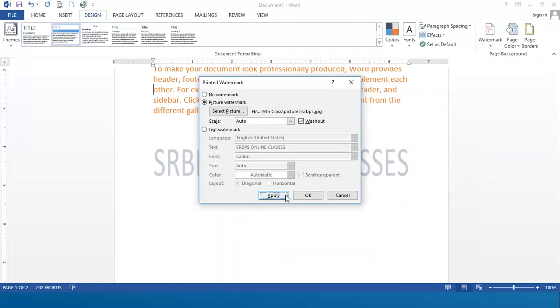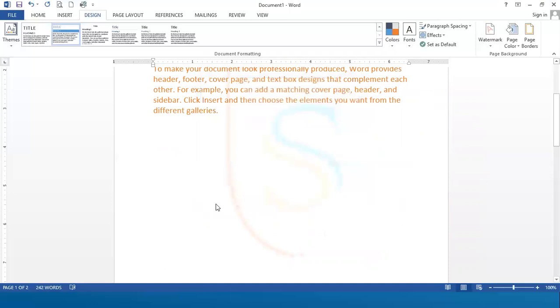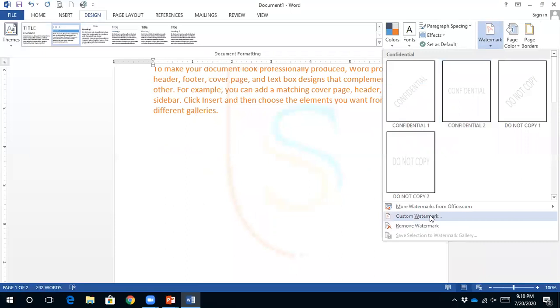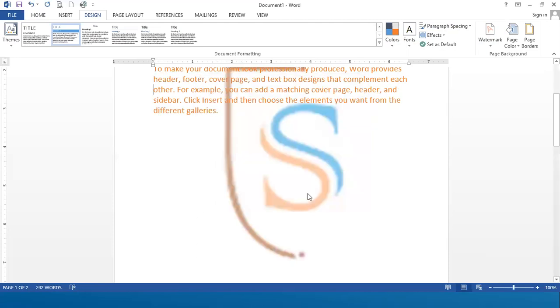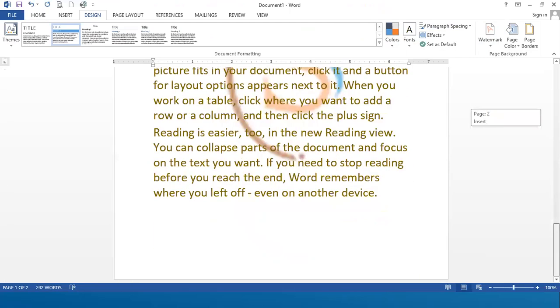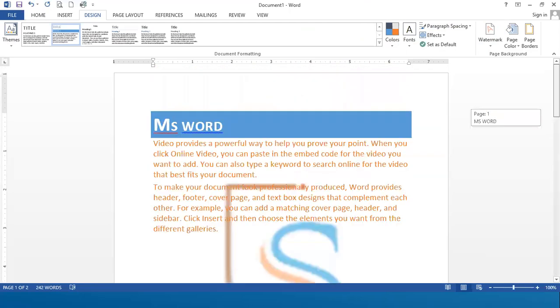So I have clicked on apply, then close. So you can see that picture is here as a logo. Again, you can go there if you don't want it to be washed out. So you can set it like this. This way that particular picture will be added to your document as a watermark.